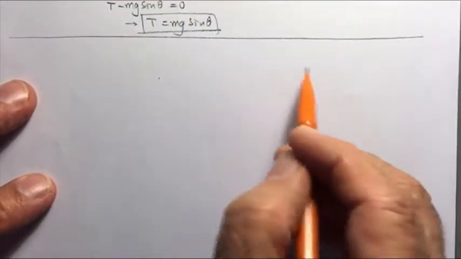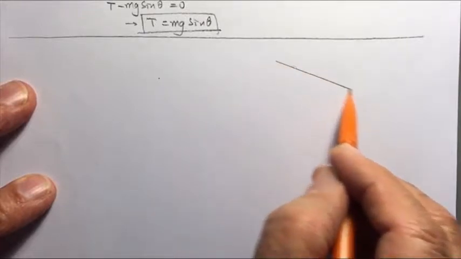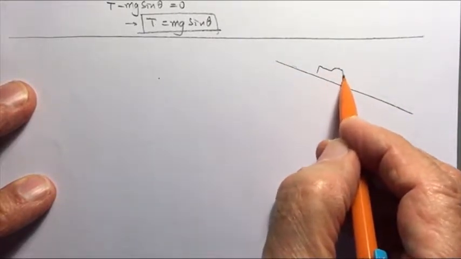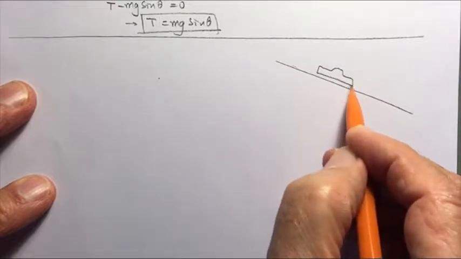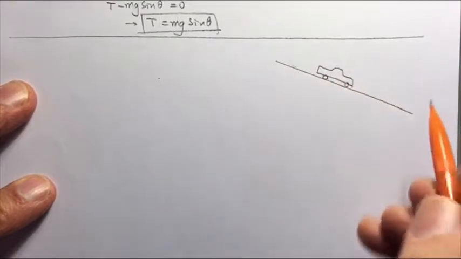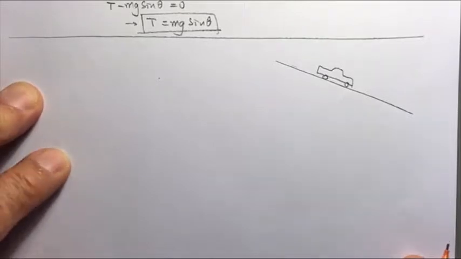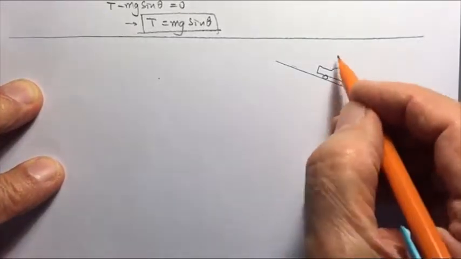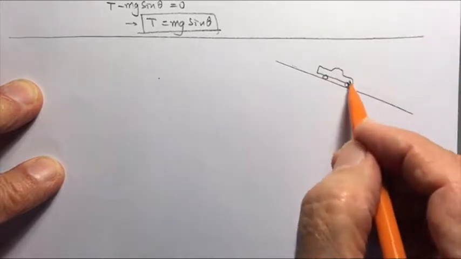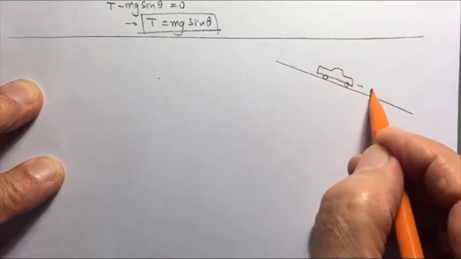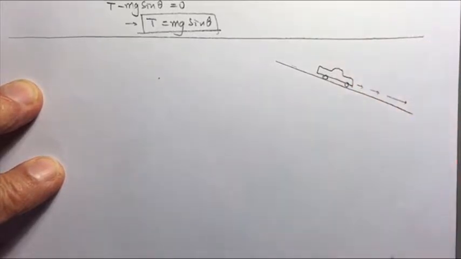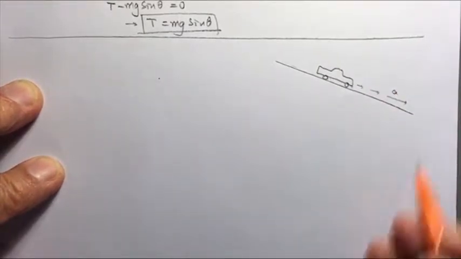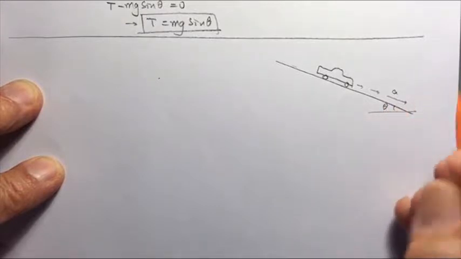So let's consider the slope this way, and we have a car, and the person parked the car but did not put it in park and did not apply the brake, and if we start with the initial velocity of 0, and we know that the car is going to start sliding downwards. We want to find its acceleration,